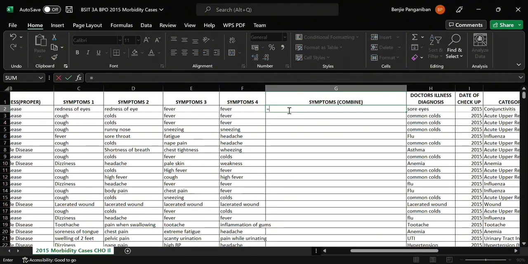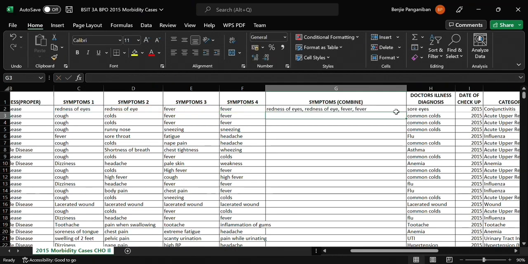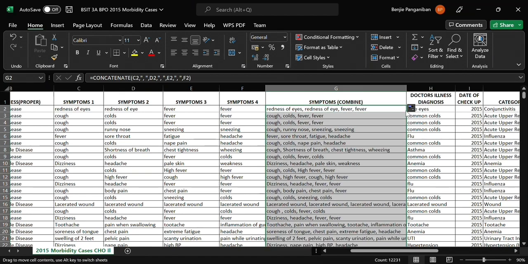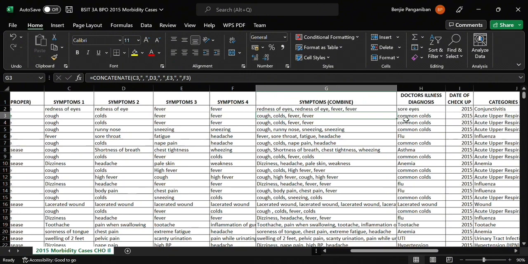Combine symptoms 1 to 4, you need this formula. So concatenate, open parenthesis, click C2, D2, E2, and F2. These are now the combined text. Again, you need to point at the bottom right until the pointer changes to a black plus sign to fill